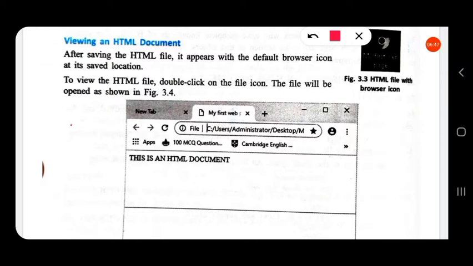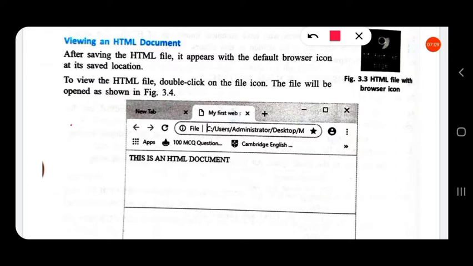So after saving the HTML file, it appears with the default browser icon. So it will be stored like this, an HTML file will be saved with the icon. Suppose we are using Google Chrome, then it will be saved with the Google Chrome icon.